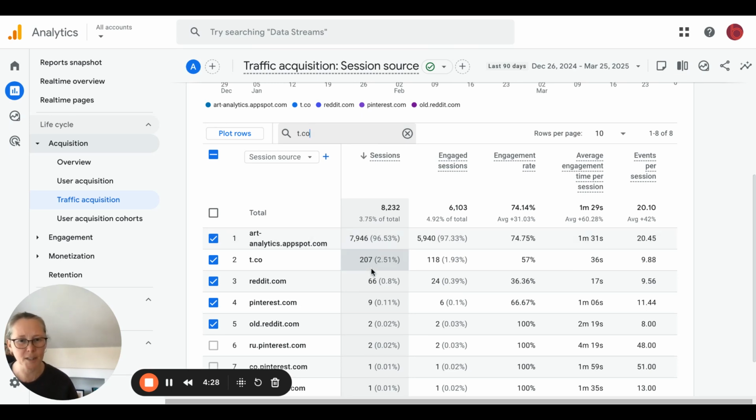Or sorry, it's telling me that it's 2.15% of this group of traffic. So you want to be doing some of your own math. 207 out of the tens of thousands of sessions that we saw when we did not have these filters applied. So Twitter traffic here, or X,